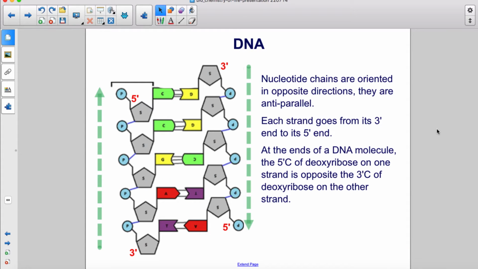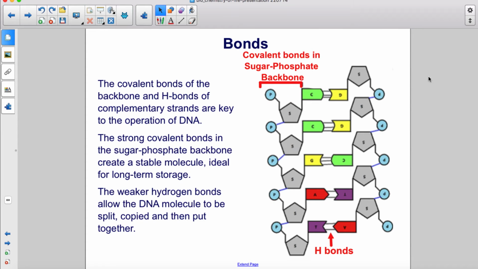Nucleotide chains are oriented in opposite directions. They're anti-parallel. Each strand goes from its 3' end to its 5' end. At the ends of a DNA molecule, the 5'C of deoxyribose on one strand is opposite the 3'C of deoxyribose on the other strand. The covalent bonds of the backbone and hydrogen bonds of complementary strands are key to the